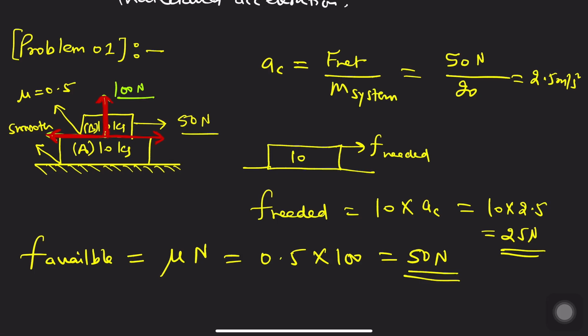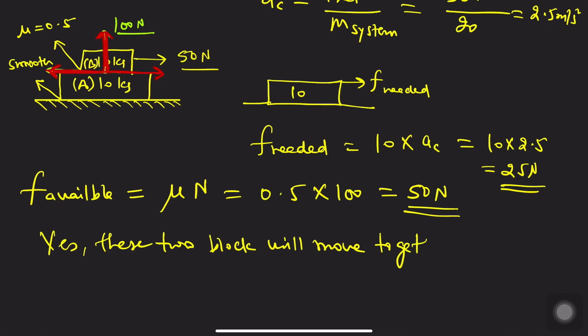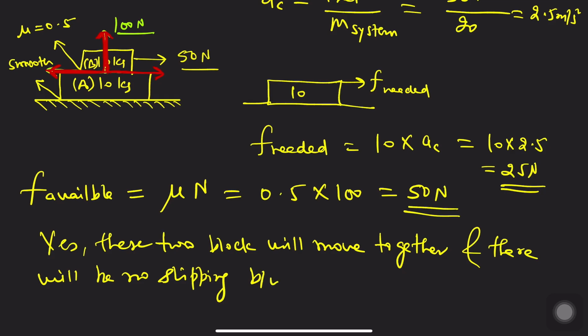It means that our F needed is less than F available. F available can provide this much friction which is needed to move these two blocks together. So very simply, we can say yes, these two blocks will move together, and there will be no slipping between the blocks,